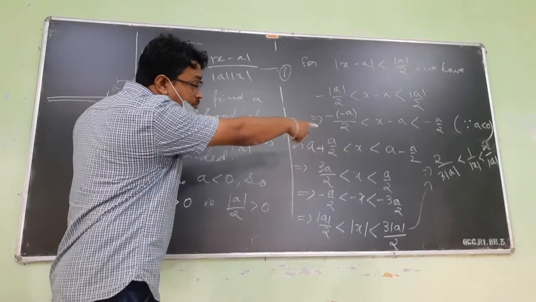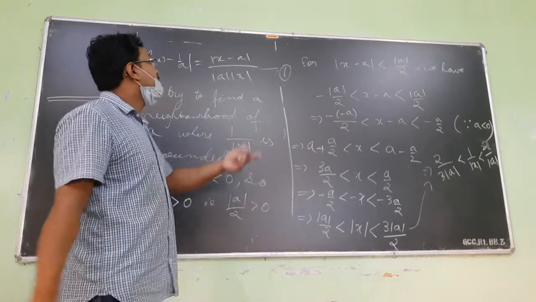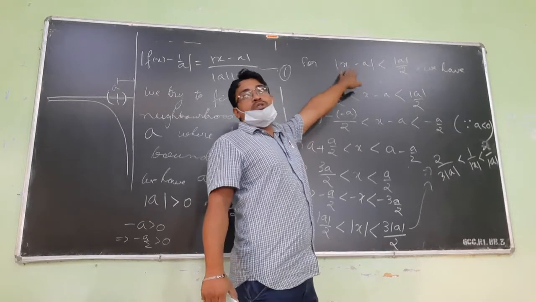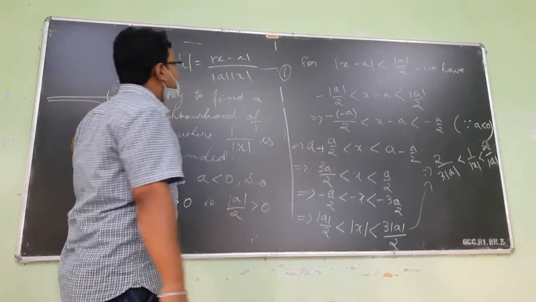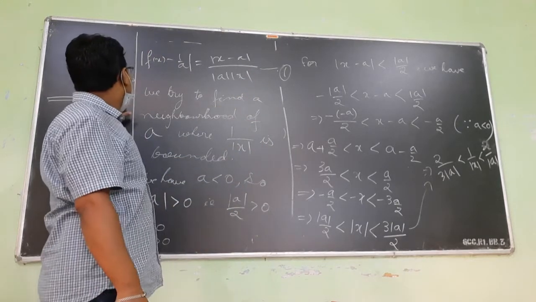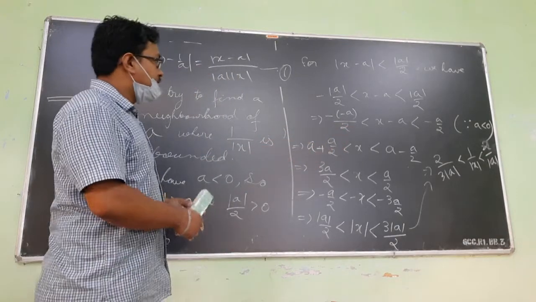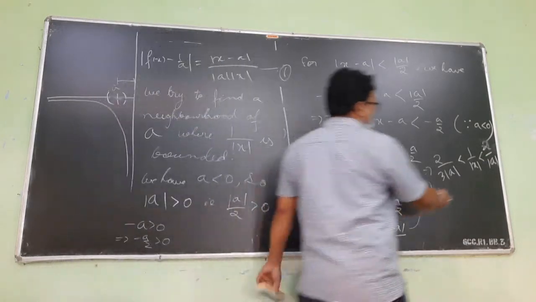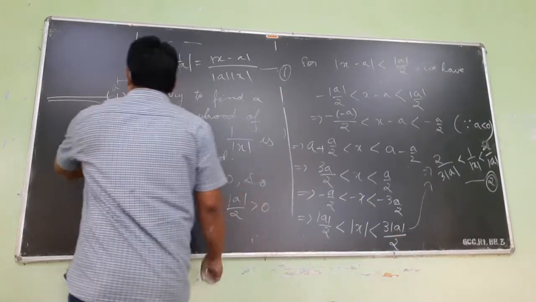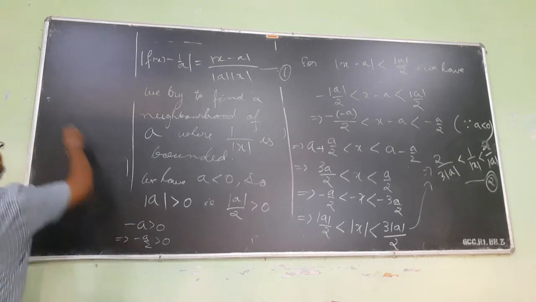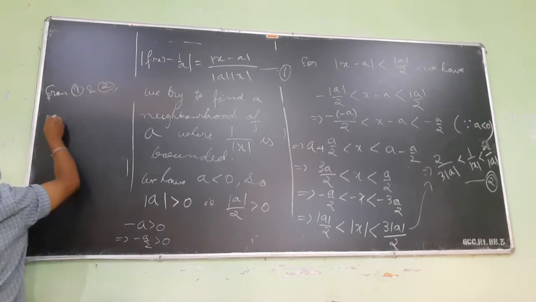So we have got a bound, isn't it? 1 by mod x is always less than 2 by mod a. In which region? In this region, not in any other region. In this region, if mod of x minus a is less than mod a by 2. So inside this region, 1 by mod x is less than 2 by mod a. So therefore, from 1 and 2 we have